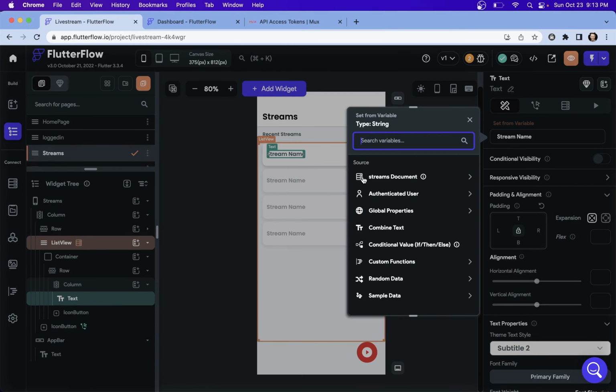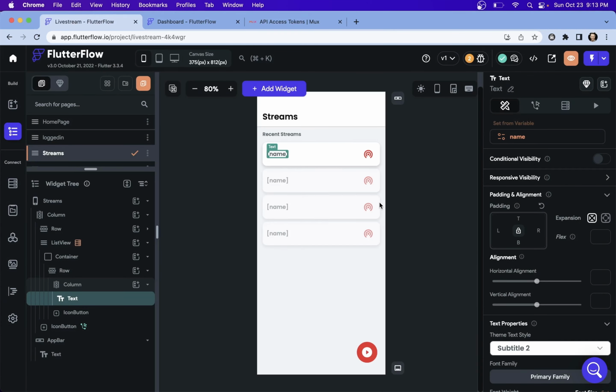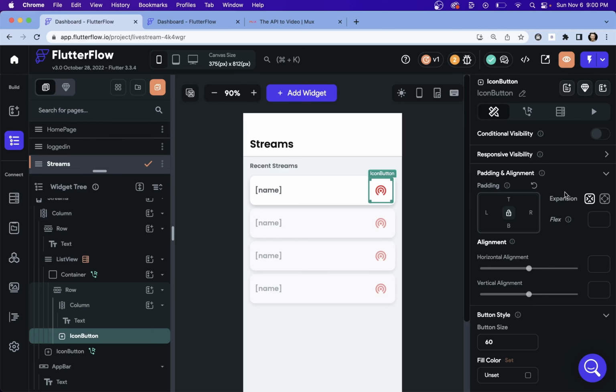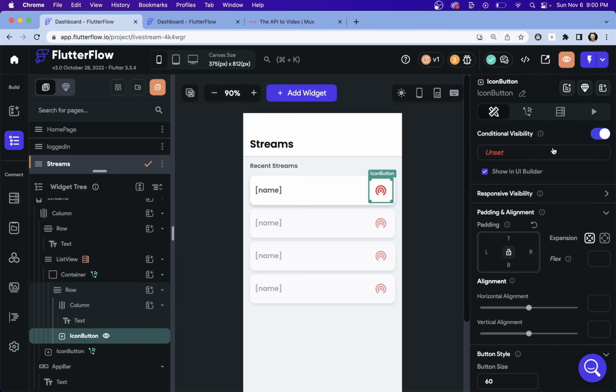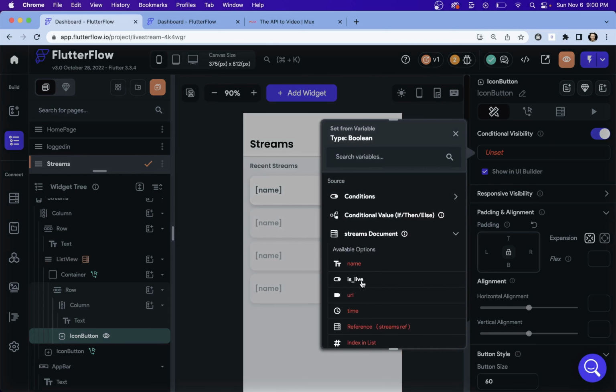If we hover over here, it'll tell us where it's coming from. It's coming from our list view querying of our Firestore collection, which is exactly what we want. That's beautiful. We've got our name, which is what we want. Now it's bound. Awesome. And now our icon button, we want conditional visibility because we only want to show it if it's live. And so we can set that once again from our document, and we want to say is